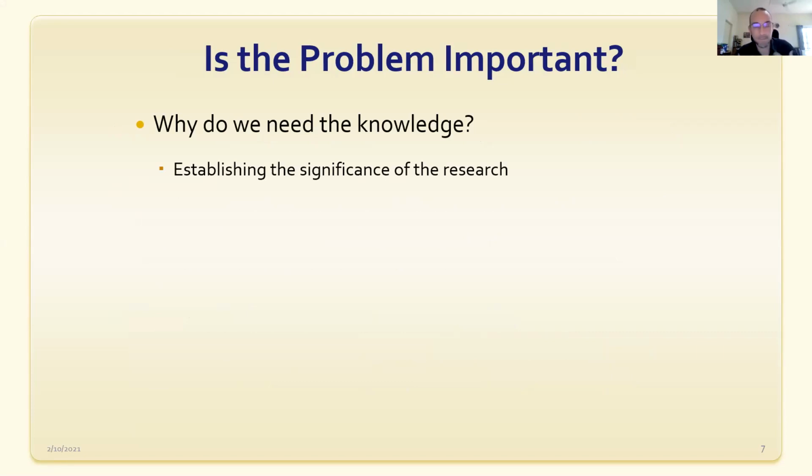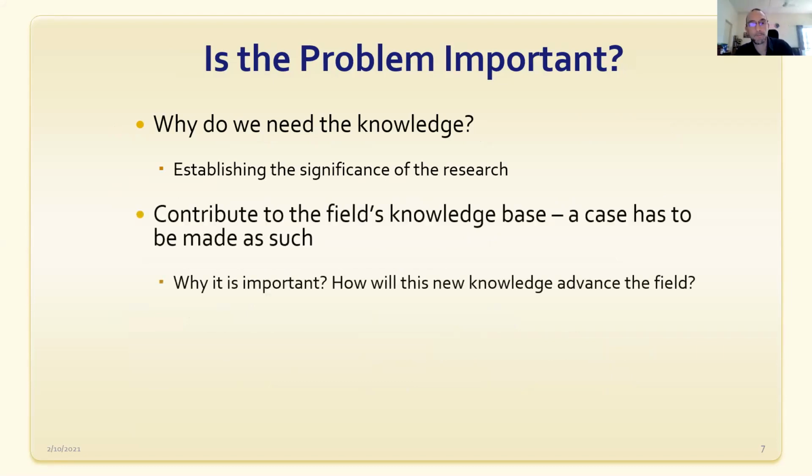A lot of students just give the same old answer when it comes to significance of the research. Oh, it's going to help the field. It's going to contribute to new knowledge. You don't say exactly how. You don't say what knowledge, but you say it's going to contribute to knowledge. You say it's going to help the field. It's going to help practitioners. It's going to help policymakers. You need to provide some specifics, okay, on how this is a problem and why we would need this knowledge,